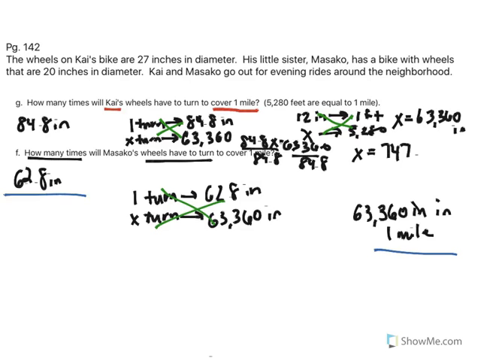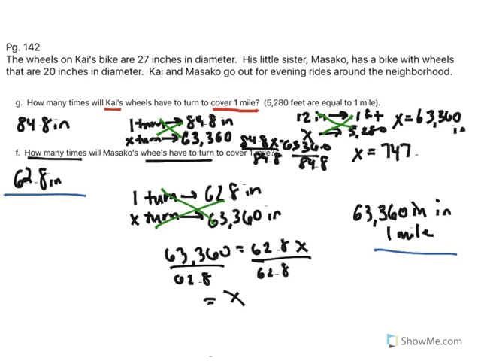So we cross multiply and we get 63,360 equals 62.8x. Divide both sides by 62.8 to isolate the variable, and we get x equals 1,008.9